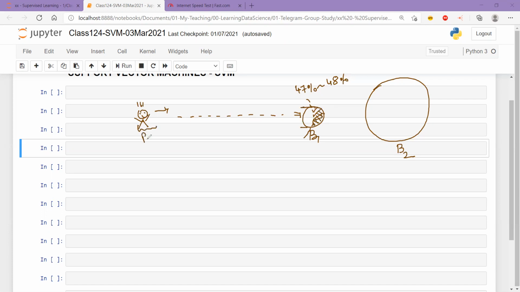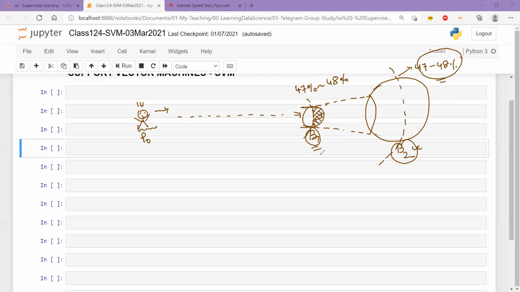From the position where he's standing, let's say the position is P0, he's not able to look at the ball entirely. Of course, that makes sense. Now, if I'm asking that person to look at ball B2 rather than ball B1, then obviously ball B1 is blocking his view to a certain percentage. If B1 was not there, a similar percentage of ball B2 would have been visible from P0, right? He would have seen at least 47 to 48% of the surface area of ball B2 also.